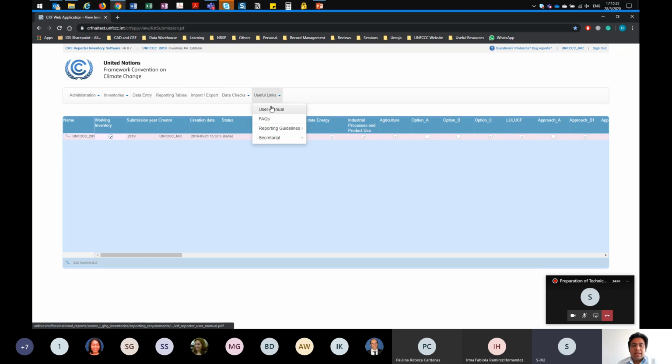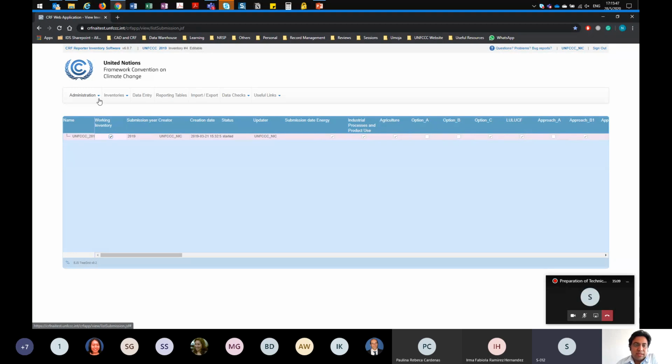And the useful links has the section for the user manual, and then the reporting guidelines for the Annex 1 parties, as well as the IPCC guidelines, emission factor database, and global warming potential that might be useful while compiling the inventory. So these are the tabs through which you can navigate through the CRF Reporter.